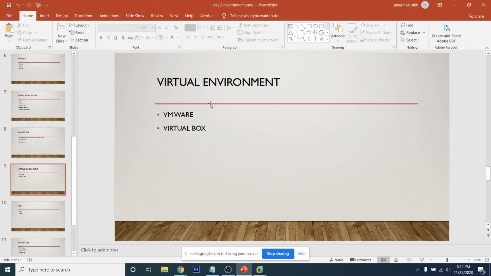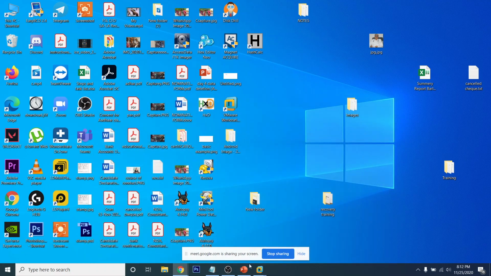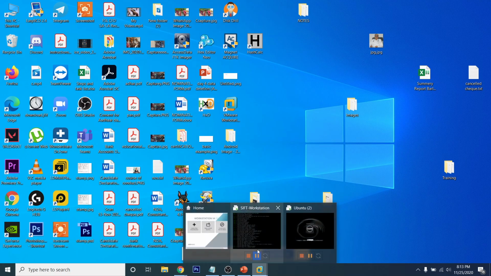Okay, now let's get to the virtual environment. What is a virtual environment? Basically, you can use two OS at a single time. Like I'm using Windows also, and now I'm using other OSs also. Like if you can see, Swift is there and Kane OS is there. But if I have to show you both of these,